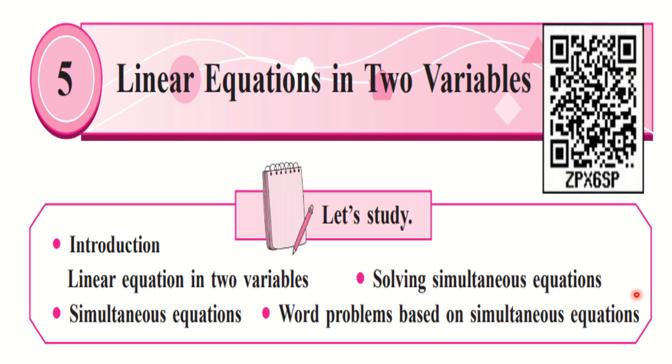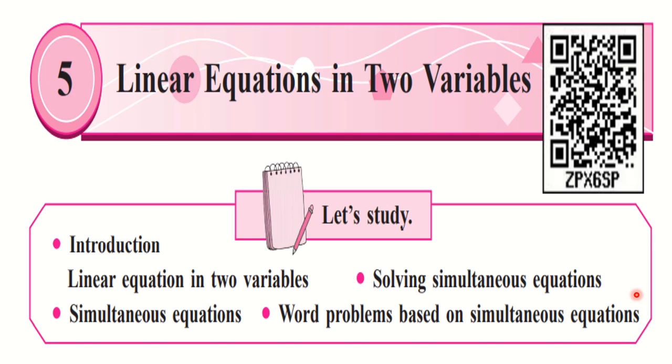In this standard you have two different methods. First method is the elimination method and second method is the substitution method. But the second method, substitution method, is omitted due to this COVID-19 pandemic. So you have only one method of solving here, that is the elimination method: elimination of the variable by equating the coefficients of the variable. That method we are going to use. In the previous lecture, we understood how to solve the sums by using this method, and by using the same, we are solving practice set 5.1.